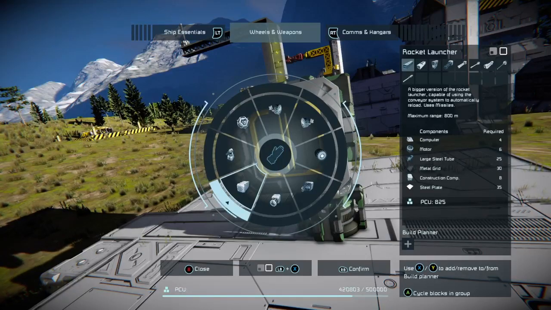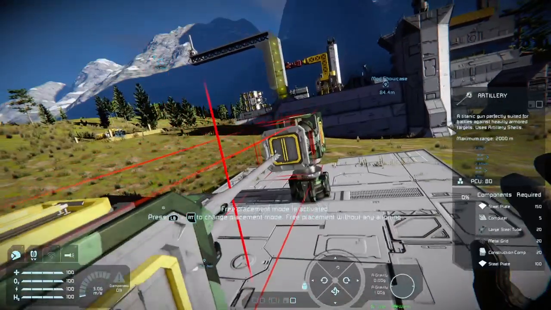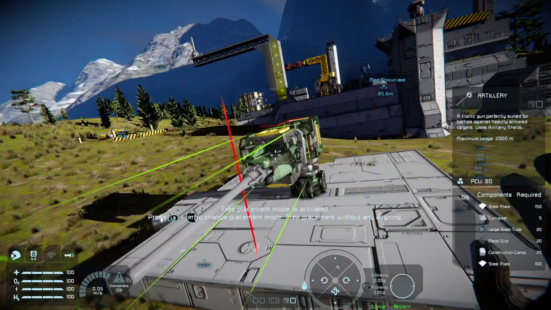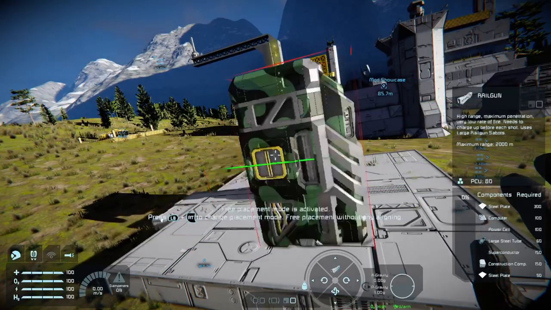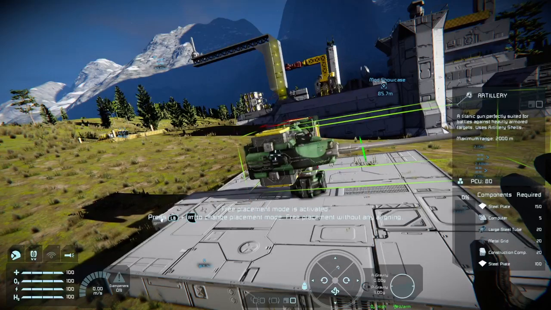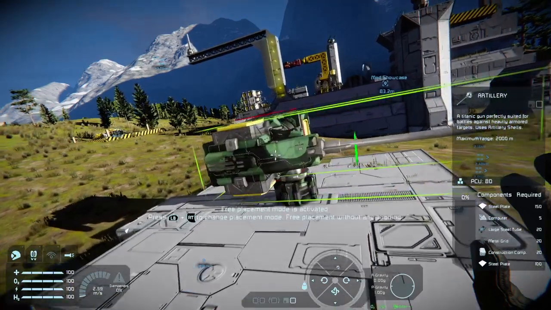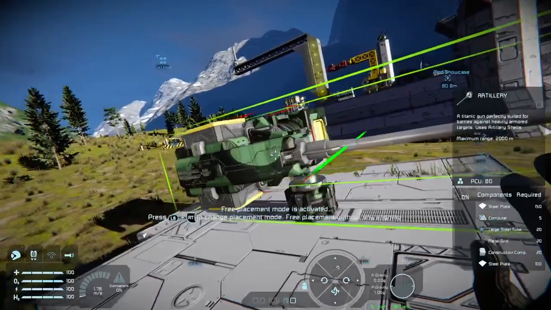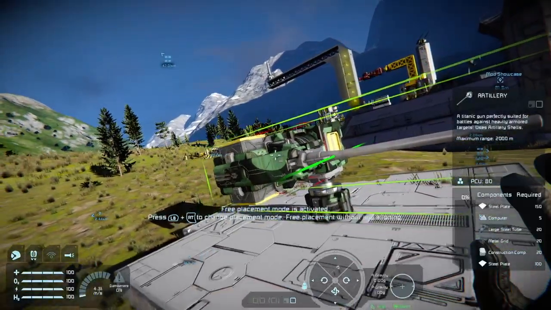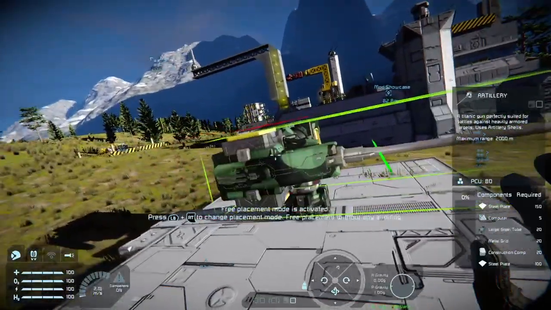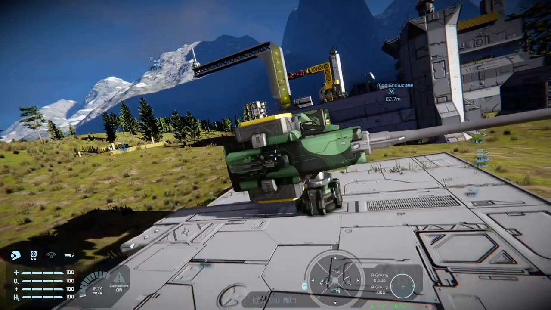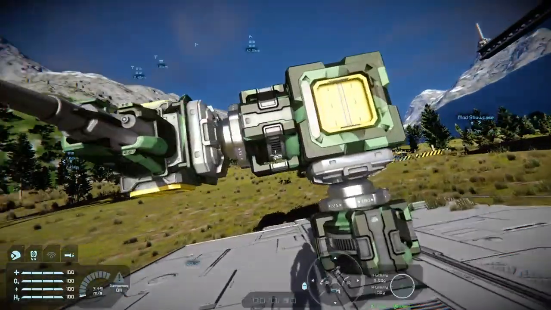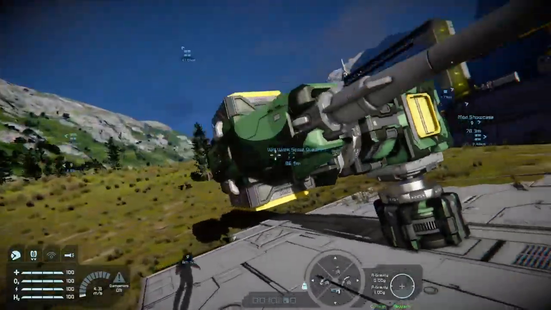What we want is rocket launcher, railgun, artillery. Well, you'll notice we won't be able to tip it fully down, but that's fine. We have our artillery attached.